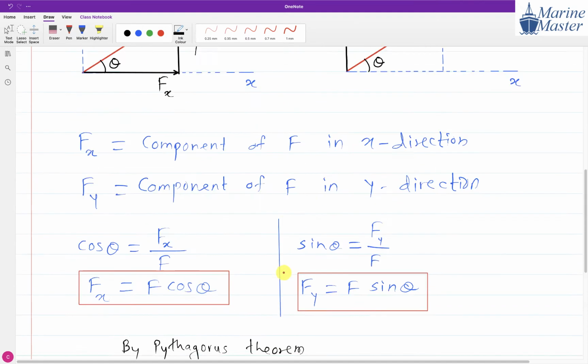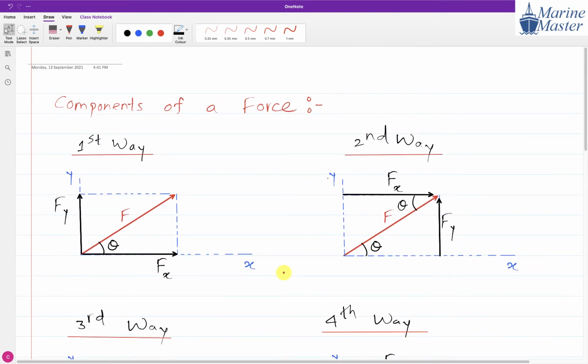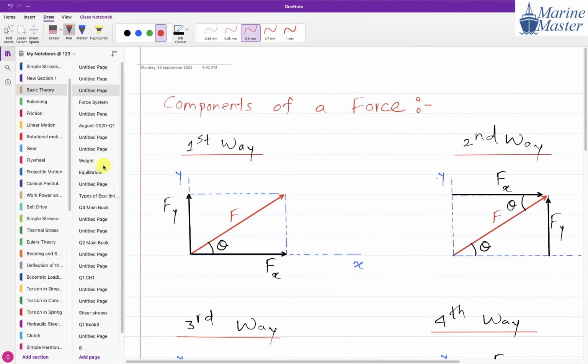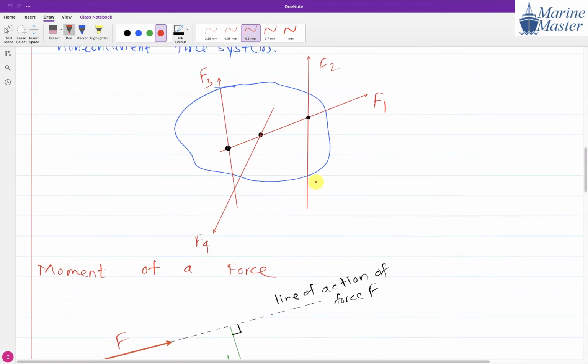So in this way we will have components. You got the meaning of components? Components is nothing but whatever the effect of F, the same effect will be created by its components when they act together. Means if Fx and Fy act together on an object, it will create the same effect as F. So these are the components of a force F. We can replace F by its two components. Now try to see the scenario here.